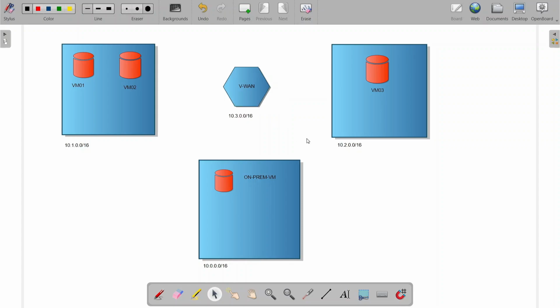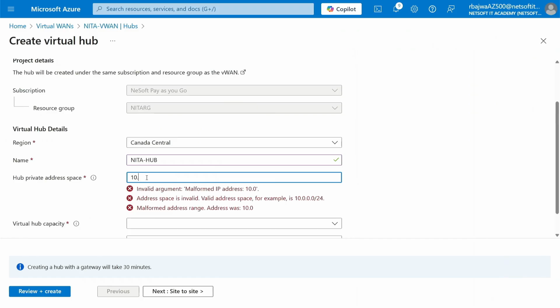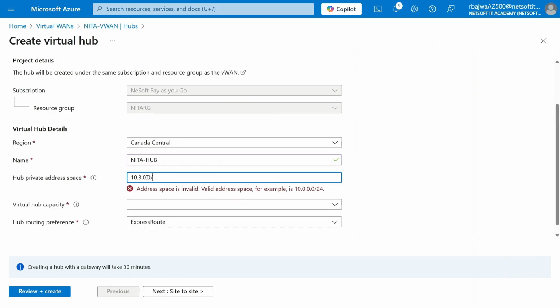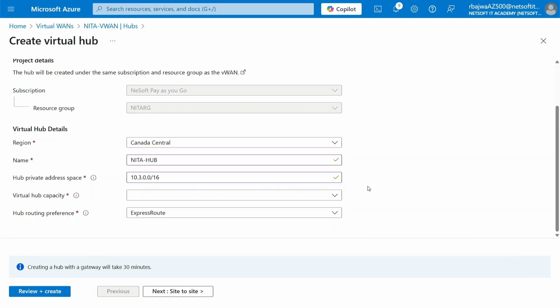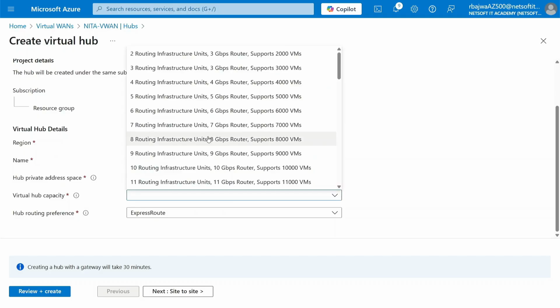10.3.0.0/16. So this will be the IP address of our hub, or the address space of our hub. 10.3.0.0/16 is the complete address space. Now, virtual hub capacity. Well, for this demo, 2 routing infrastructure units for redundancy and 3 Gbps throughput for a router